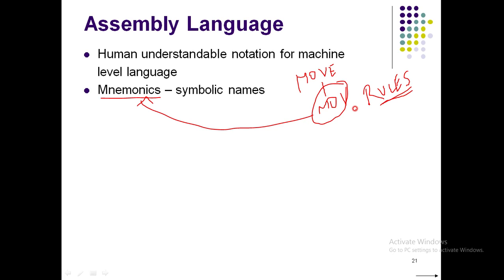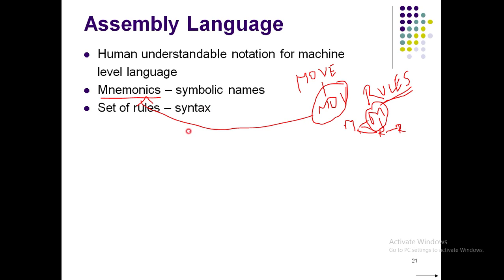another drive. When I say from one drive to another drive, it is nothing but from one memory location to another memory location. It could be from one memory location to a register, or from a register to a memory location, or from a register to another register. Right? So if I want to do this movement, then I would require a language which is nothing but your machine level language. And it is always governed by a set of rules which we call syntax.